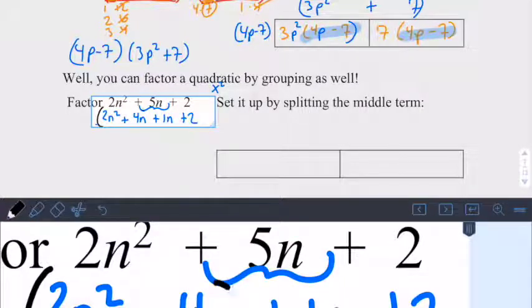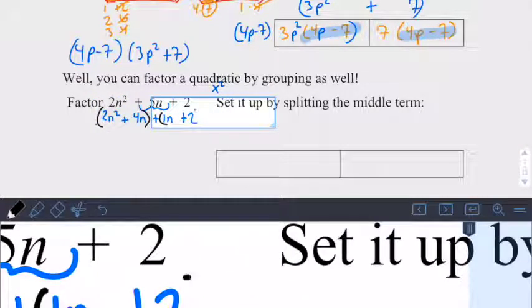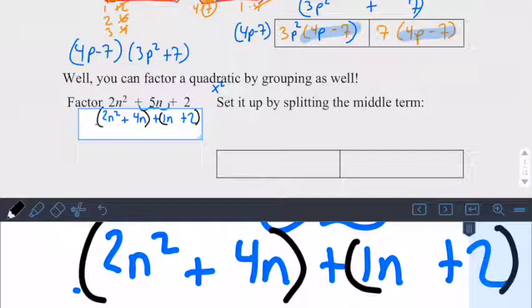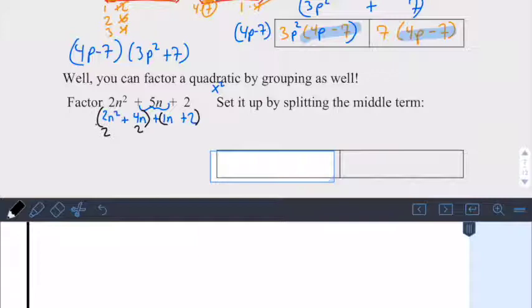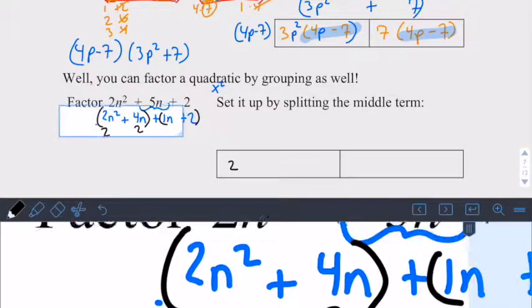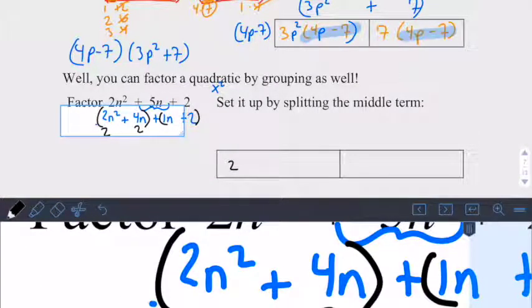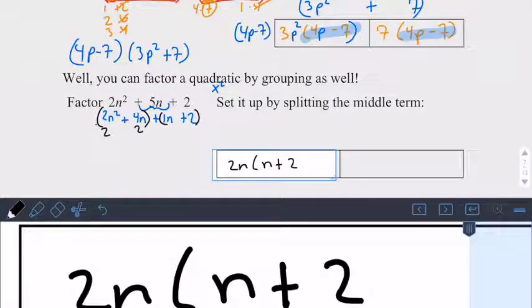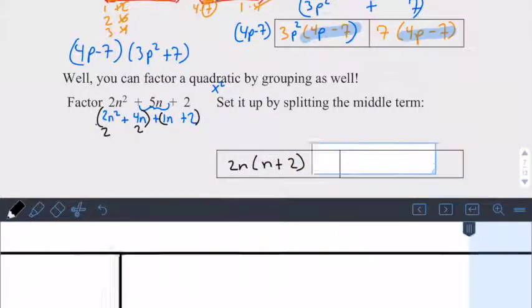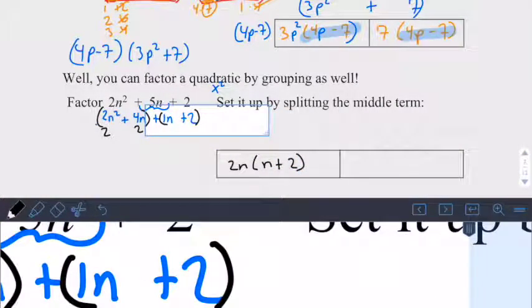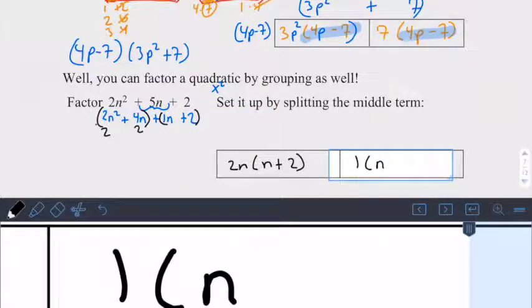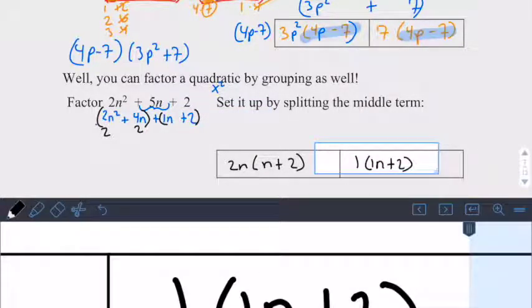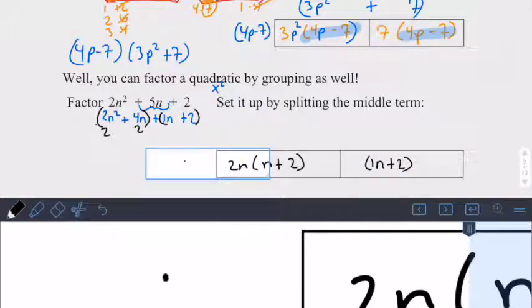Now I'm going to do my grouping like I just did in the last one. Well, I could factor a 2 out of both of those, so I would get 2, and I could factor an n out of both of those, and I can get n plus 2. And then this, I could factor 1, so I'd say 1 times n plus 2, right? It's not really doing anything there. So I get n plus 2